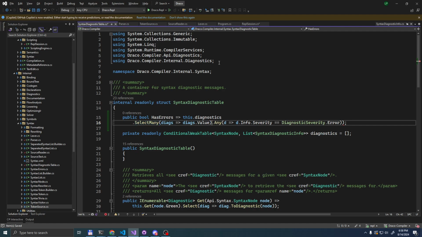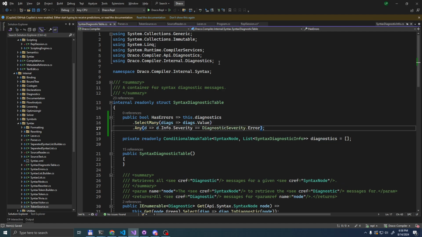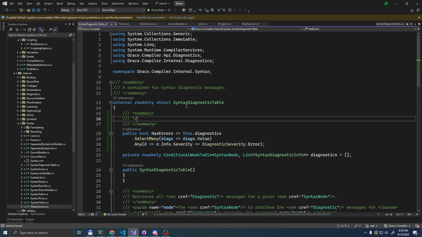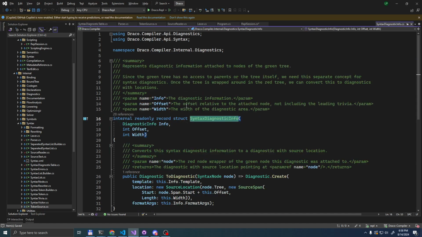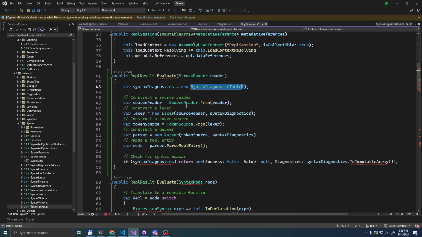This is a bit nicer because we get to pretend that we're working on a flat structure. So let's go back to the REPL session. So if the diagnostics have any errors,